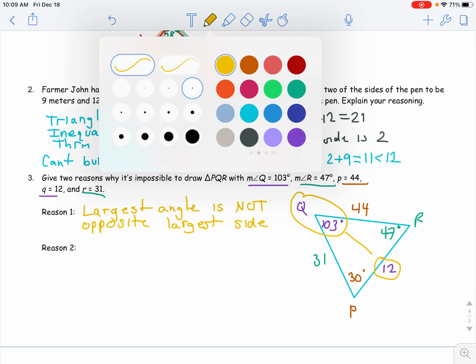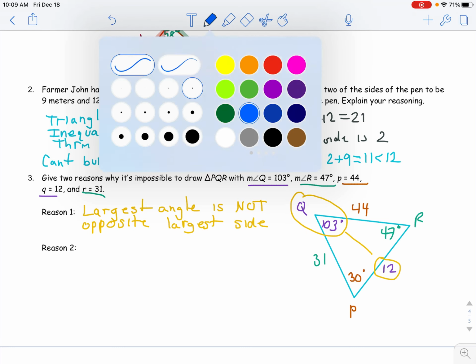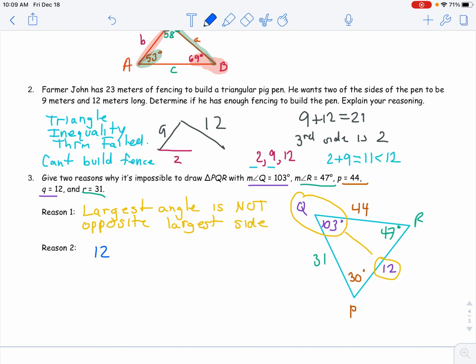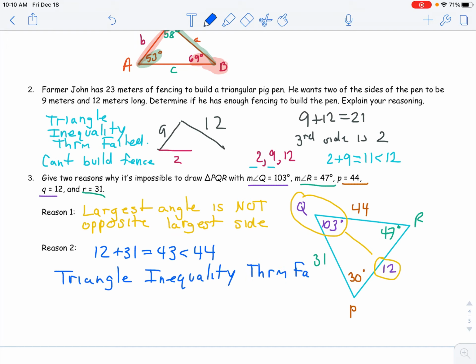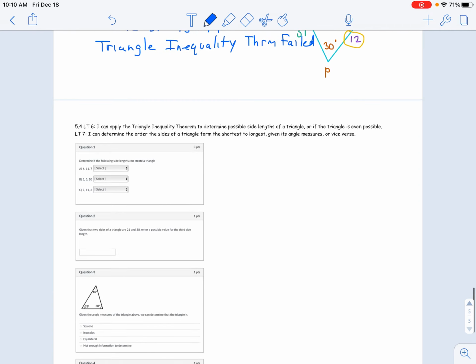Next, let's look at the side lengths specifically. We have 12 plus 31 equals 43, which is less than 44. OMG, the triangle inequality fails again. So it's impossible to create a triangle with these measurements and these relationships, and that's 2 reasons why. All right, make sure we knock out